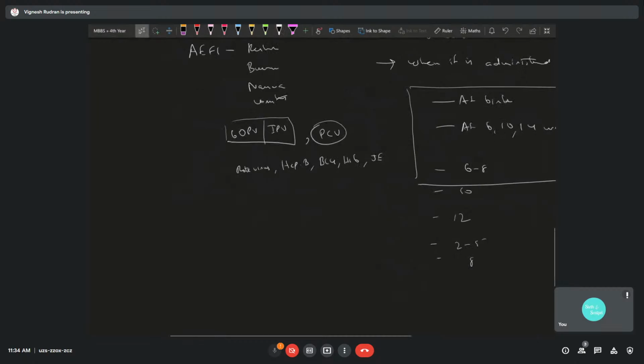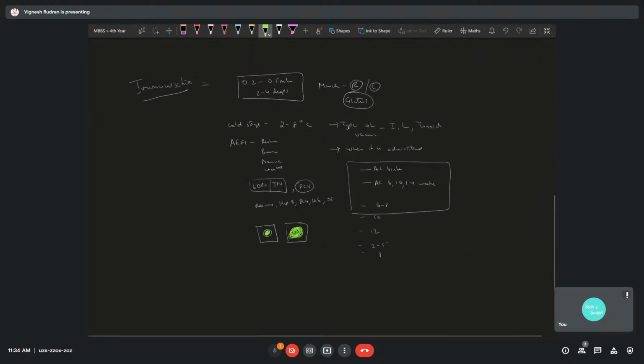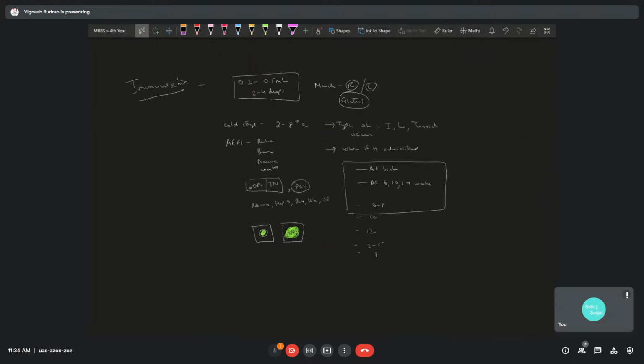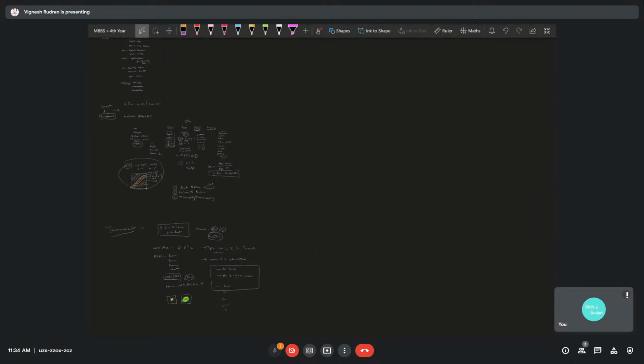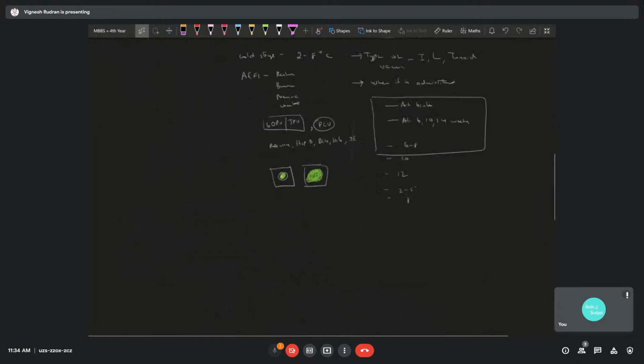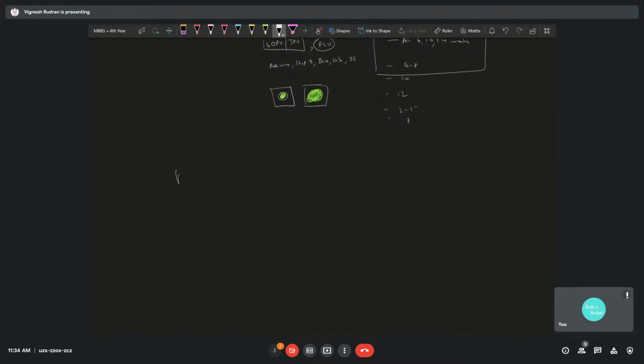So I forgot to tell an important point about these vaccines. There is one thing called vaccine vial monitoring policy. So they have one box over here with some patch like this in between, and when that patch becomes so big and you can't see that circle, that means that vaccine has expired and you can't use it. So that is something which they ask in the Viva, and you can use that also. And then the last topic is nutrition.